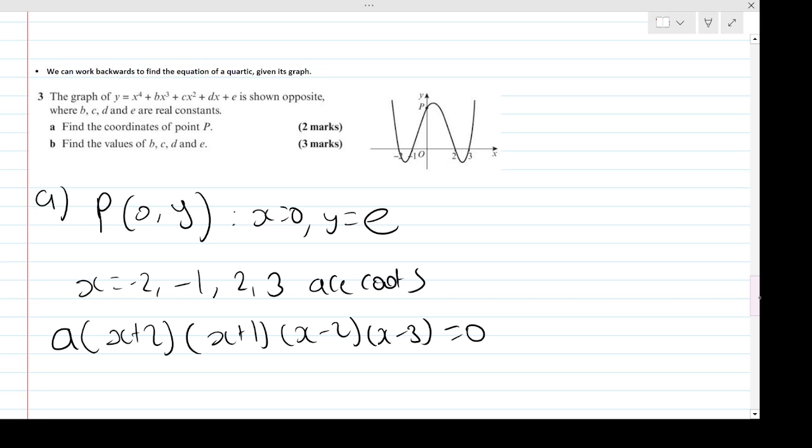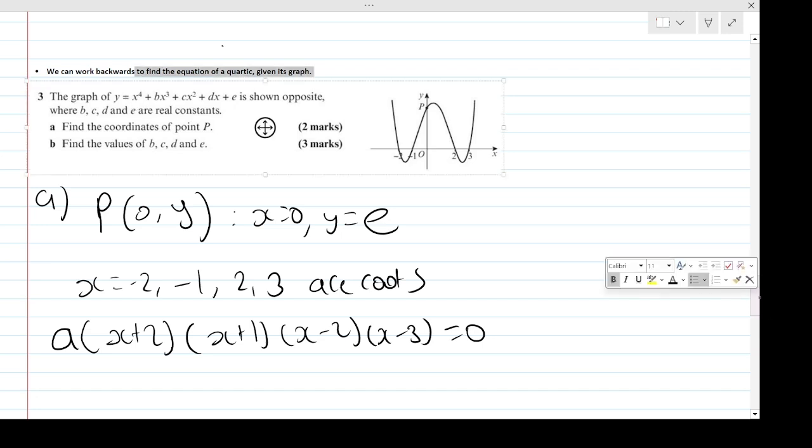Well, we need to work out what this a is. So we need another point, which we don't have. We have P, but P is what we're working out, so that's not going to help us. These are the only 4 points we know. So maybe let's look at the question again. Well, notice this. Conveniently, they just told us